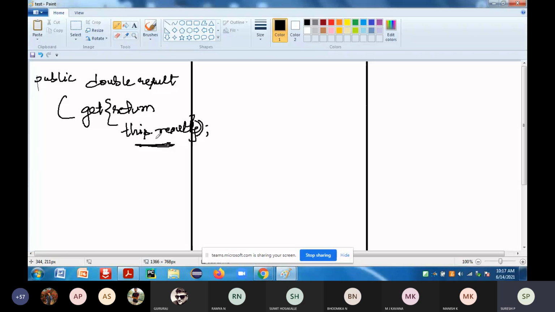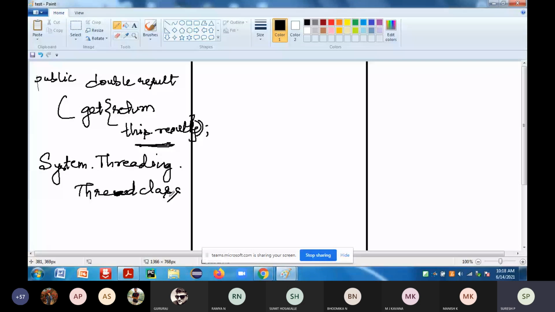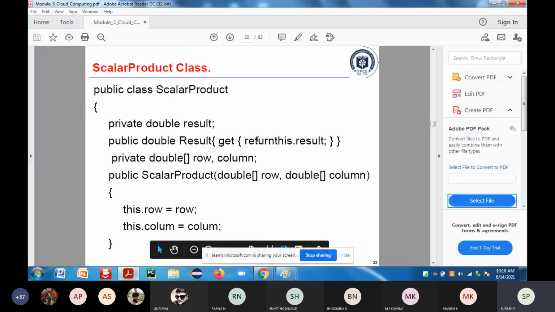So you are going to have the class called system.threading class, where it is going to create the number of threads. The thread class is going to be created. Once you have created the thread class, it will be configured with the function pointer. You can see it in this one. So whatever you are going to have, this is nothing but the function. This is a pointer in Java.